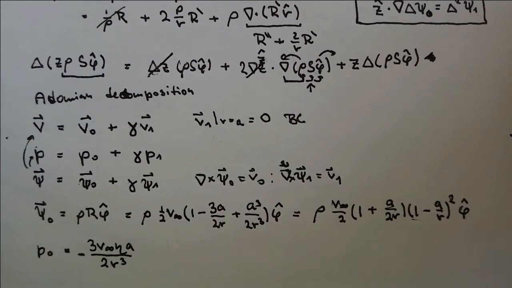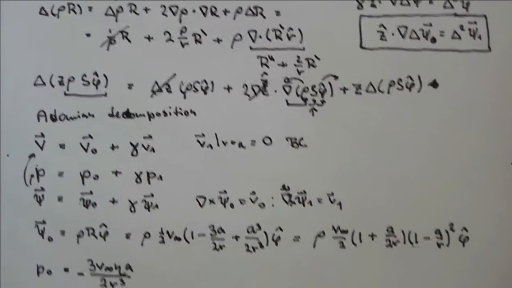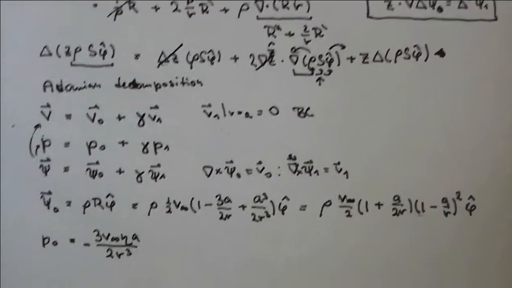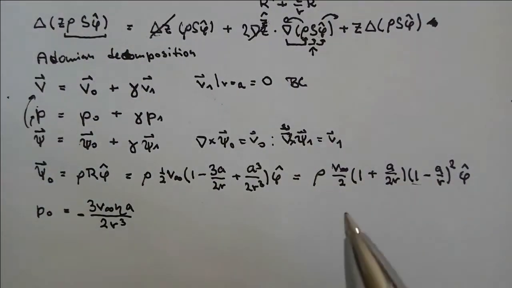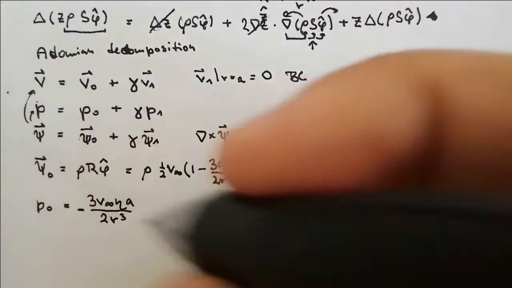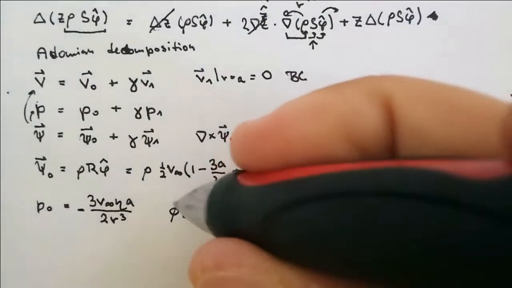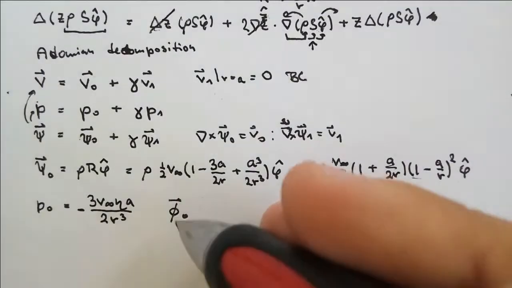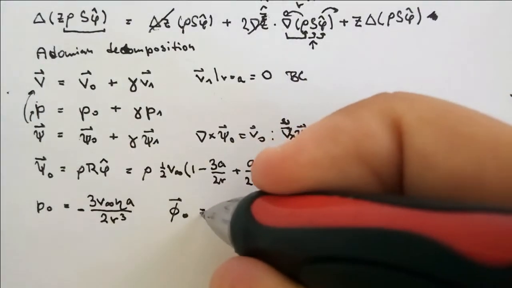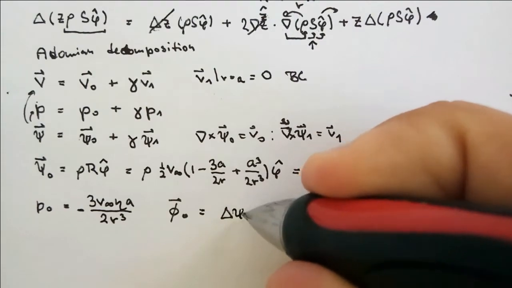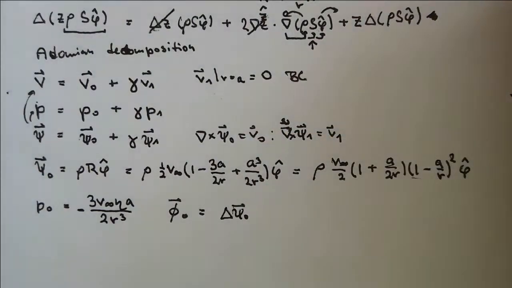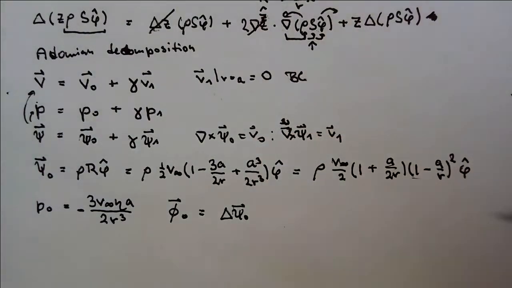But we have to look at my video earlier. There is the relation. I think that's the best. The solution for this letter phi, which was defined as the Laplacian of phi 0, you can check it, and this was basically the Laplacian was